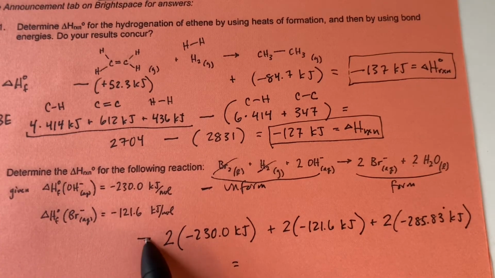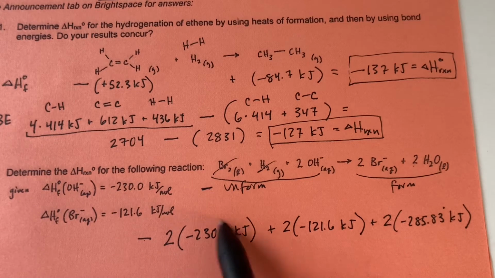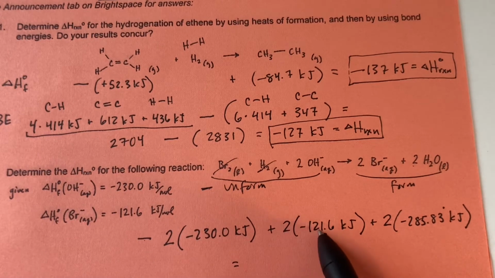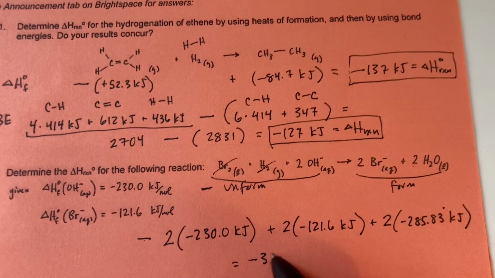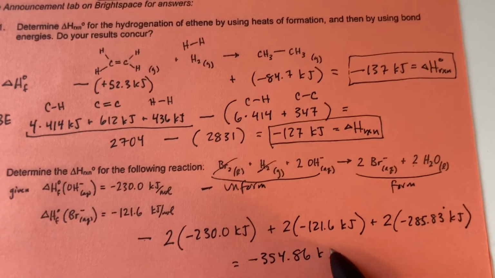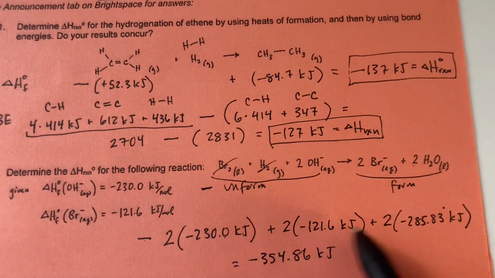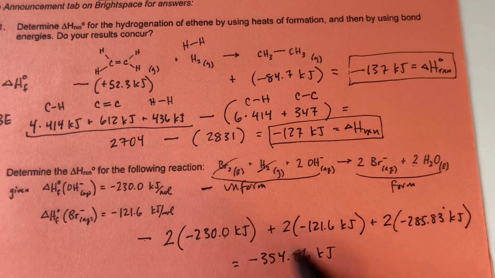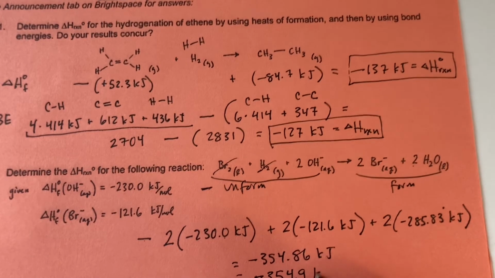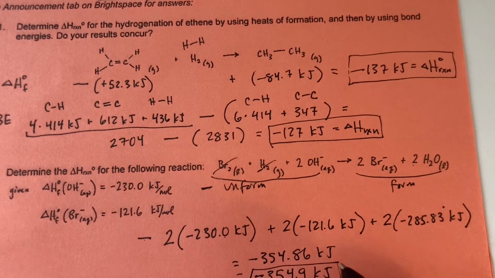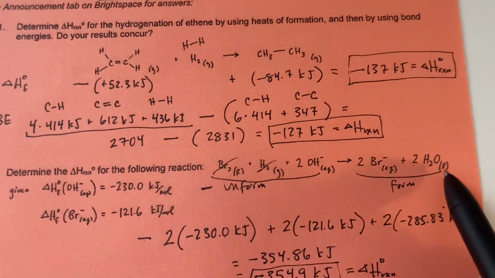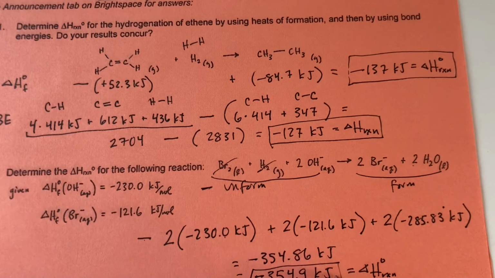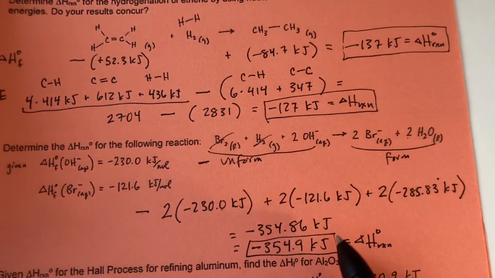So this is going to give me a positive 660 and then a negative, double that, and a negative, double that. Overall, I get a negative 354.86 kilojoules in the calculator, but I only have one decimal place in these additions, so I better just report negative 354.9 kilojoules. So that is the standard heat of reaction for this reaction. And that's a very accurate value. Okay,